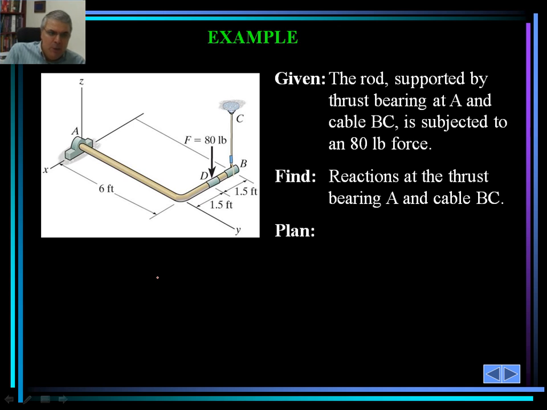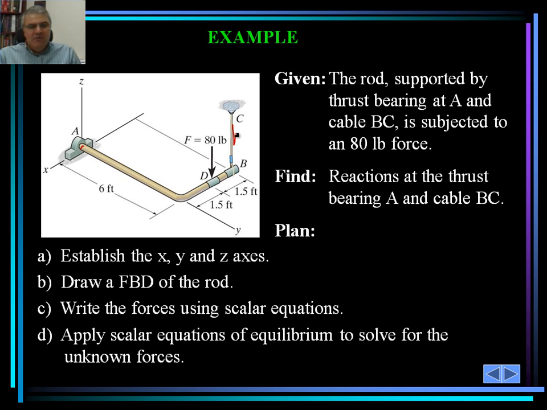We would like to find the reactions at the thrust bearing A. So at this point we are after the reactions, and we would like to find the reaction in cable BC, shown here in red. So our strategy, we're going to establish an XYZ coordinate. We're going to draw a free body diagram. We're going to write the forces in scalar form, and we would apply the scalar equations of equilibrium to solve